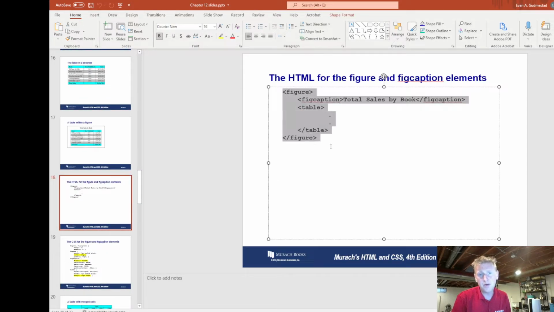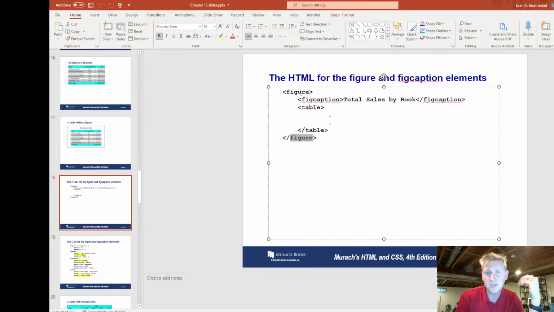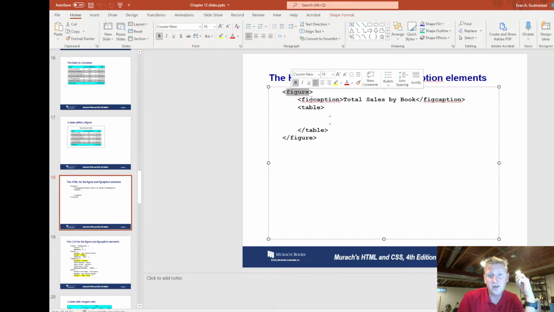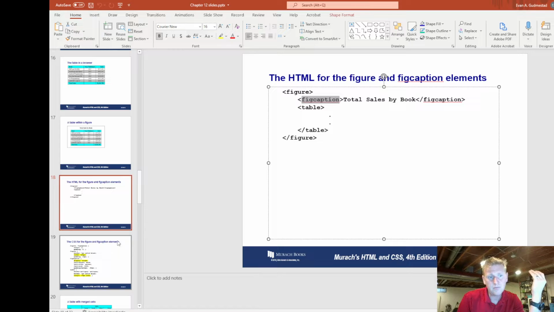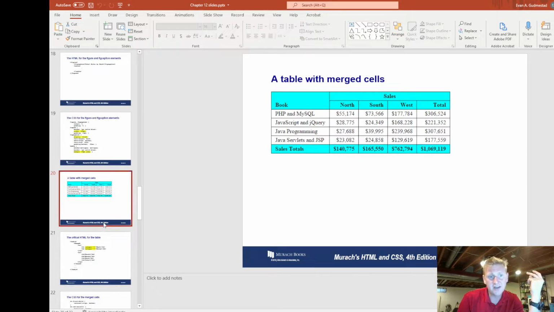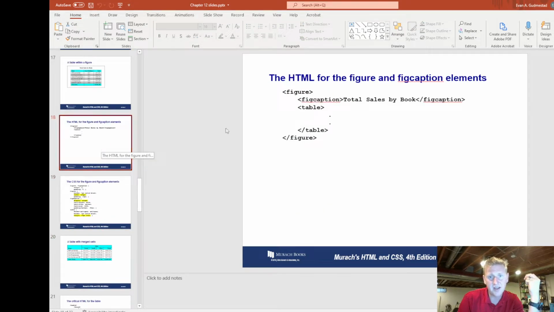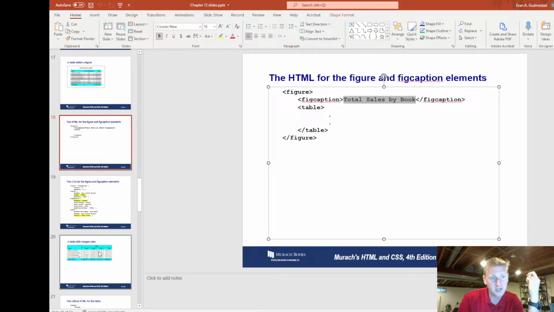If we remember from a couple of chapters ago, this concept of figure and figcaption, and what we used it for was in the images, and what it allows you to do is wrap a caption around an image so that they're kind of semantically associated. The same thing can be done with a table, with figure and figcaption, which kind of gives it,